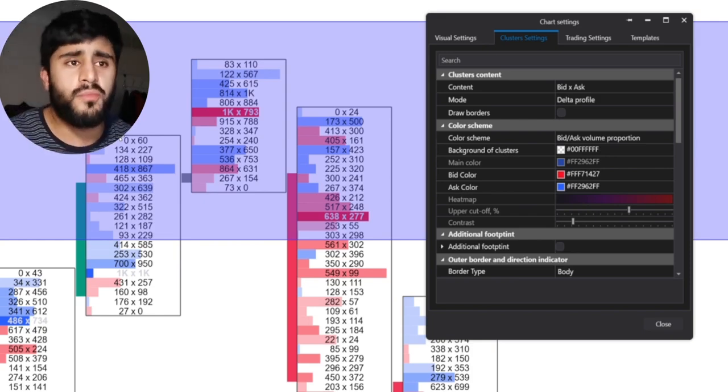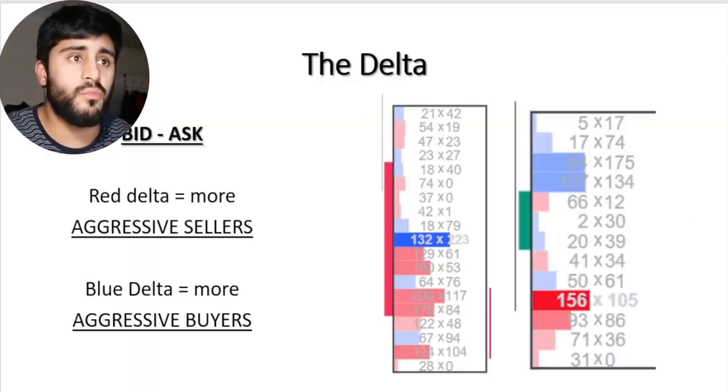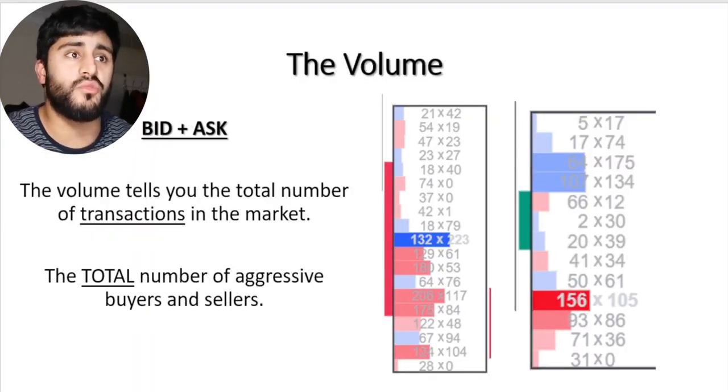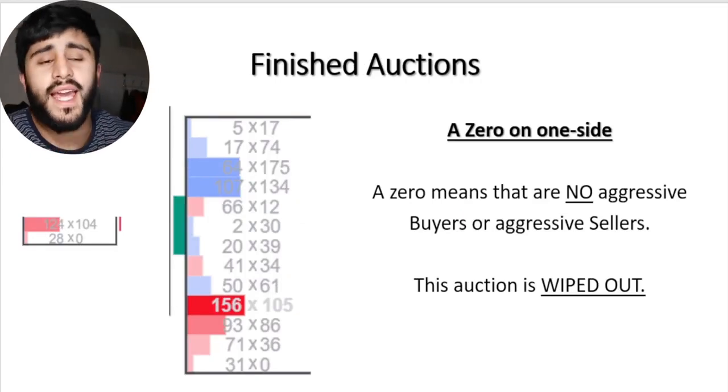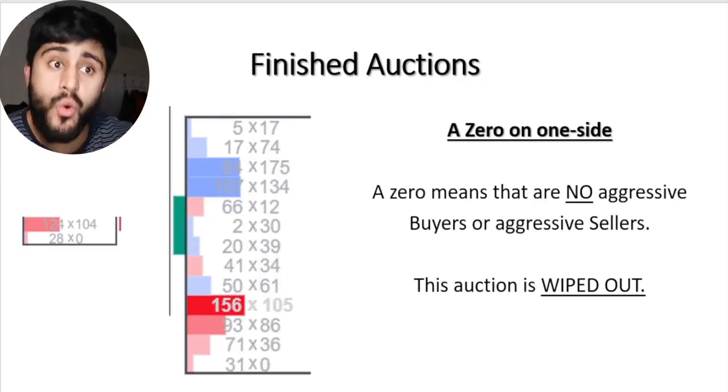So for those who remember from the previous session, we called this a finished auction, right? So this was a finished auction. So if we move on, the volume, which we're going to come on to, right? A finished auction was when there's a 0 on one side. A 0 on one side means there's no aggressive